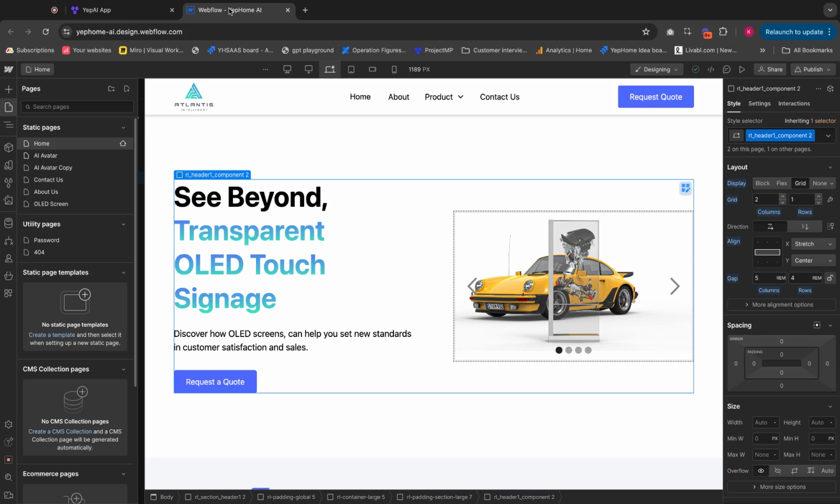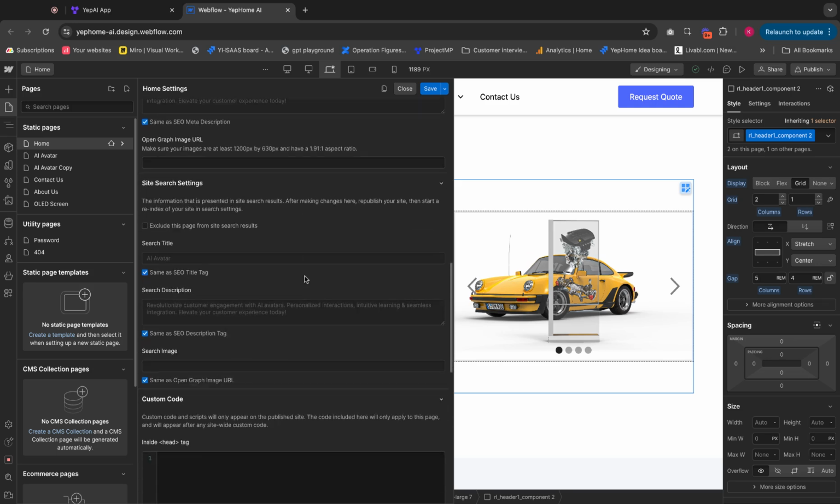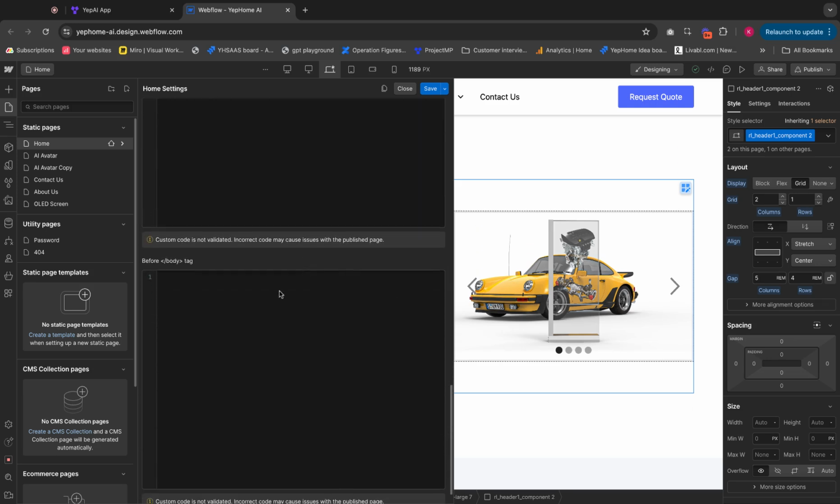your Webflow project and into the designer settings. Once you're in the designer page, you can then click pages, then site settings or page settings for the individual page you want to install your chatbot on. Then scroll down to the body tag and simply paste the YepAI code